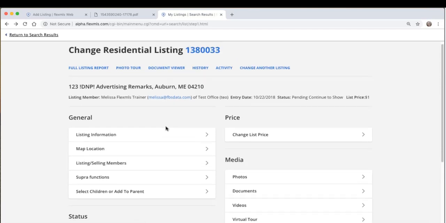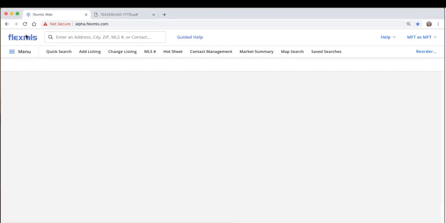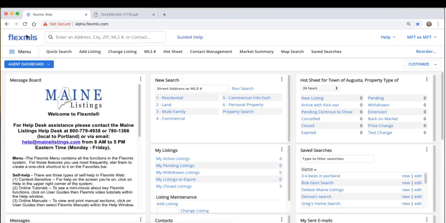So that is a little bit, well, it's a lot about adding and editing listings. Now, I went directly from activating listing to this edit listing screen. But what if I want to edit a listing later on? There are so many different ways that you can get to editing a listing. One, you can use the gadget. You can click My Active Listings,